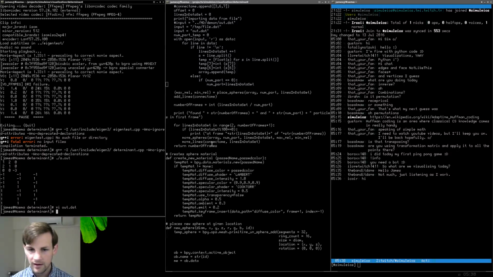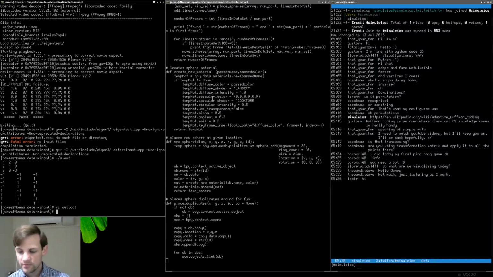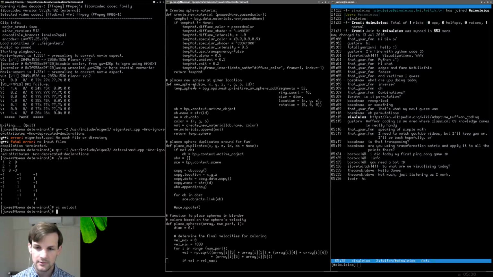Now, one thing to note is when we place the spheres, we do read out max velocity and min velocity, which is then used for colors later on. So that's kind of why we have the difference in colors. Okay, so what we could do, I'm fine with just coloring them all blue for this one. Okay, so a couple other things that we have here. We have create new material, new sphere, place duplicates, such like that. So new sphere is going to be used a lot here, where we're just going to continually place new spheres